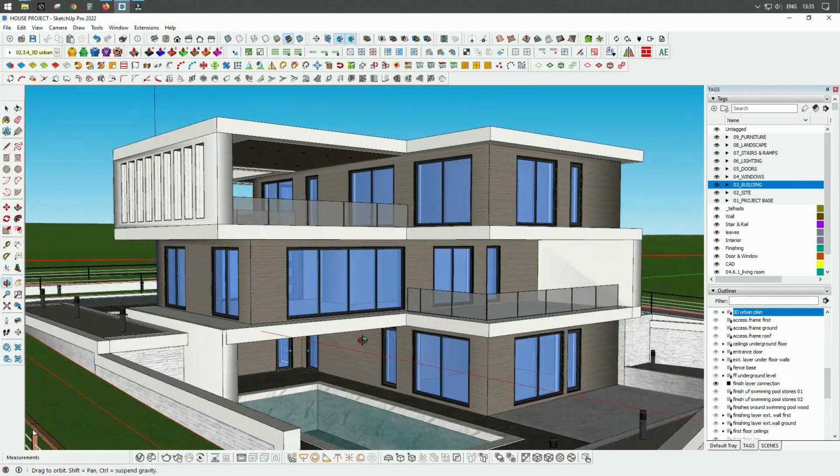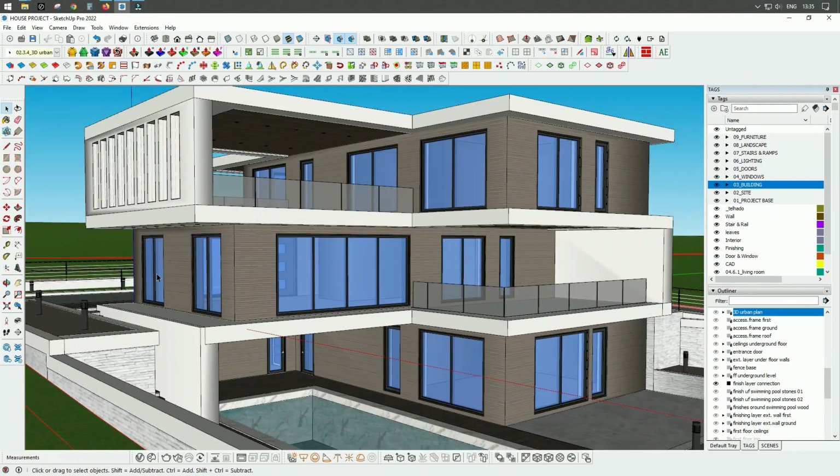You can, of course, model all of these elements by using the simple techniques and simple tools which we have used up to now in SketchUp. For example, the line tool, rectangular tool, the circle, and so on. You can use the push-pull tool, the scale tool and the follow me tool in order to create your interior design. Another way is to use a 3D